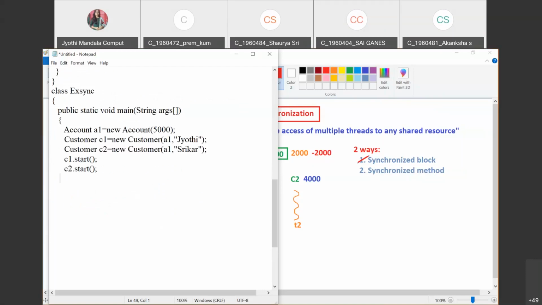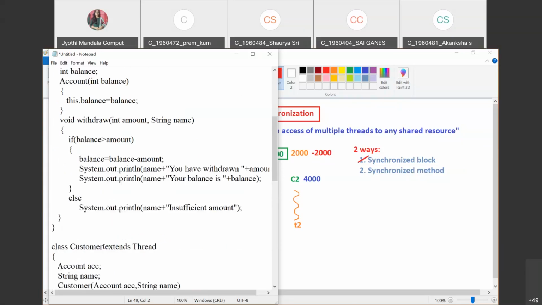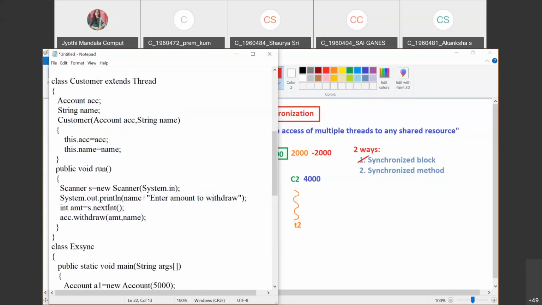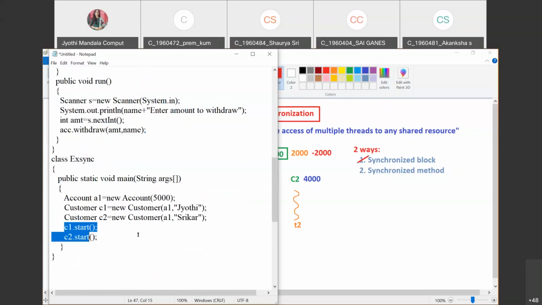Here we have not used any synchronization concept as of now. We have taken one account class and one customer class, and we have converted the customer into a thread where we have written the run method. How can we run this run method? By writing c1.start and c2.start.